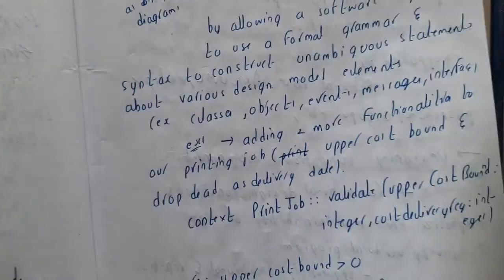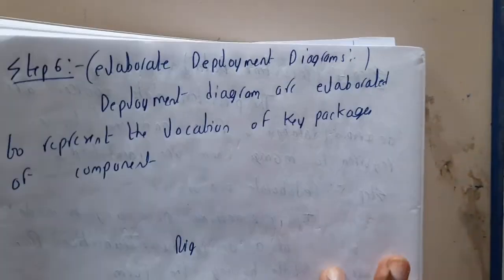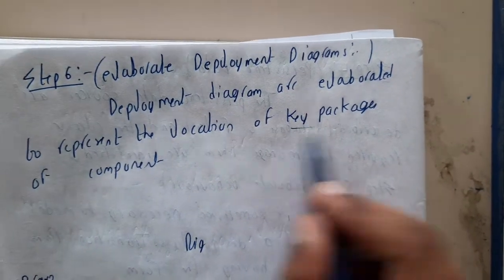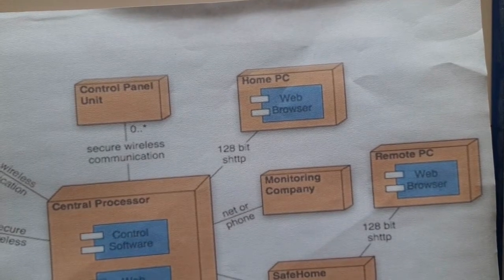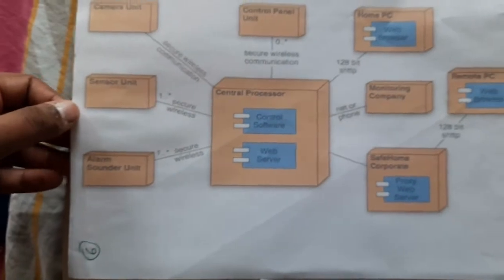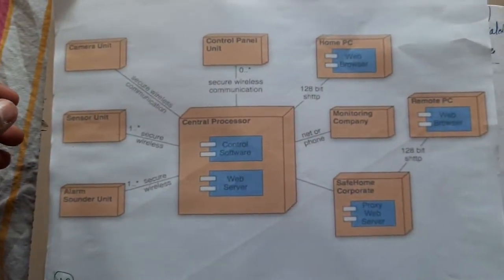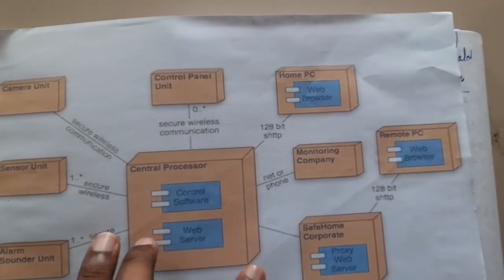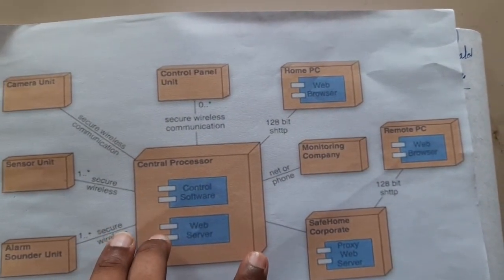Let us go through the next step. The next, 6th step is nothing but elaborating the diagram now. Here you will be elaborating the diagram in terms of components, guys. Key component packages are nothing but components, and everything is connected now with names, guys. This is a small example of some home sensors, guys. You can find this in the PDF which we have shared. Everything is connected to the central processing unit, or CPU, you can say. It's really simple and clear.